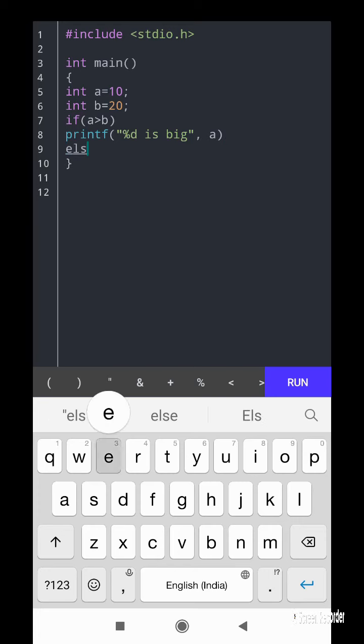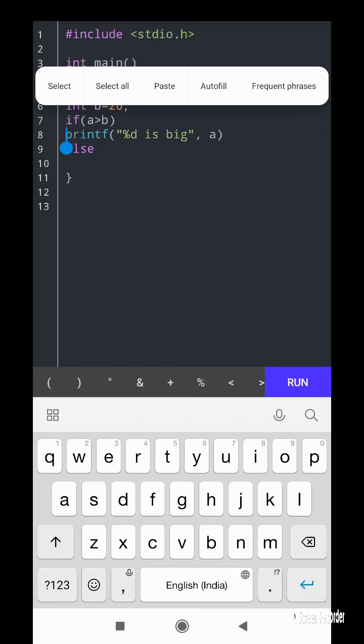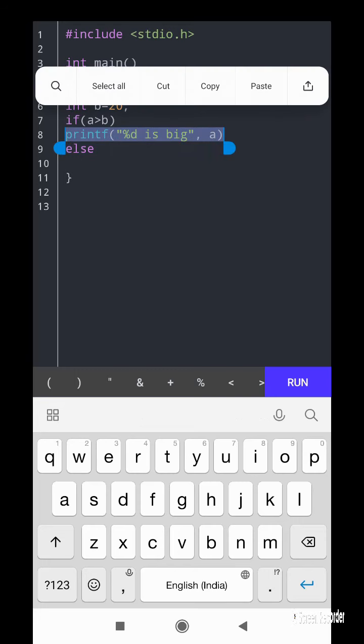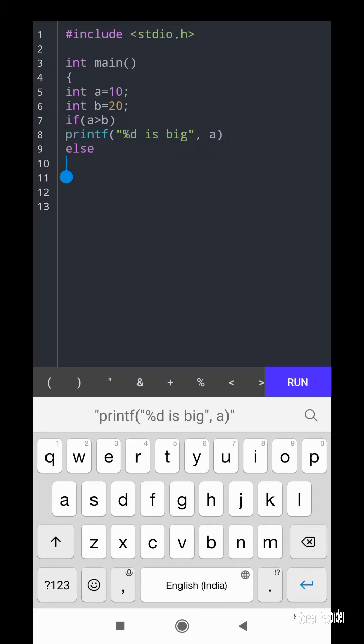In the else part, if a is not greater than b, then we can say that b is greater than a. So this program is for two unequal numbers. Instead of typing again, I am touching the front of the line, and a symbol will appear, a line connected with the ball symbol. Then touch it again, it will give a select, and this line will get selected. Again I am copying this line, in the menu, copy.